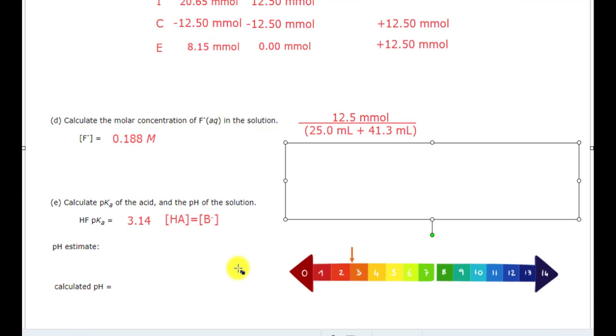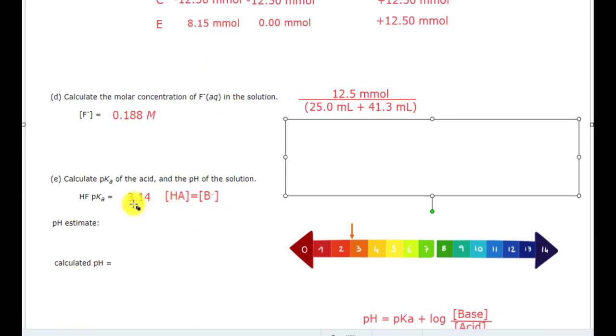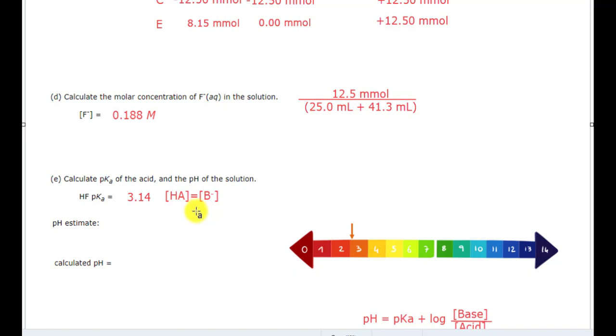Well, logically, if when these two are equal the pH is 3.14, and you happen to have more base, let me write that down. Right now my amount of base is 12.5 millimoles, and our amount of acid is 8.15. So the base is outnumbering the acid. You got to think about acids and bases. So therefore, instead of having a pH of 3.14 when they're equal, if the base is going to be greater,